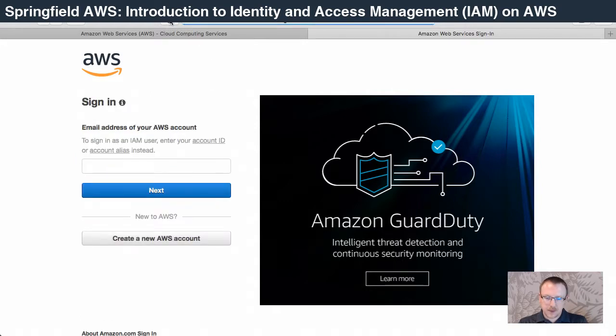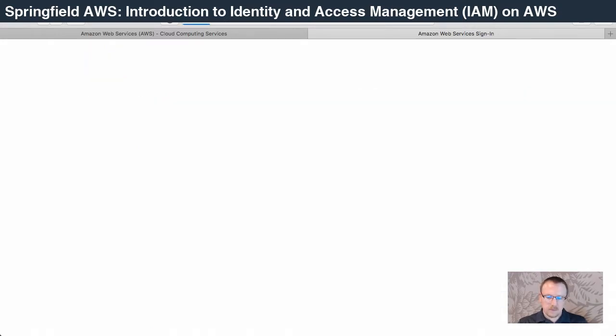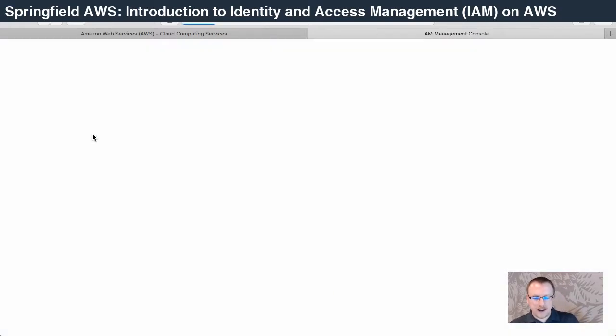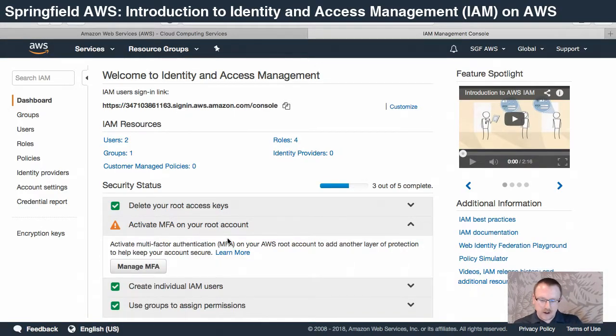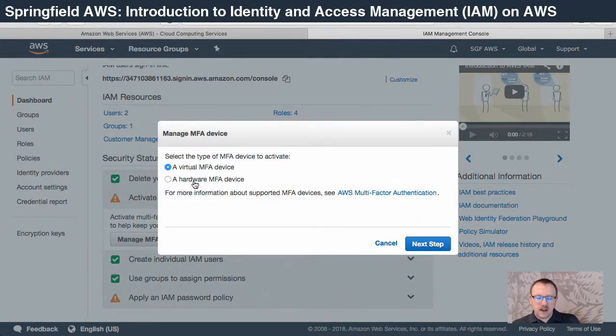There we go, that's what I'm looking for. All right, let's try this again. IAM, activate MFA on your root account. We'll click Manage MFA, and then we have the option to use a virtual multi-factor device or a hardware multi-factor device. In our case, we'll use something like a Google Authenticator,